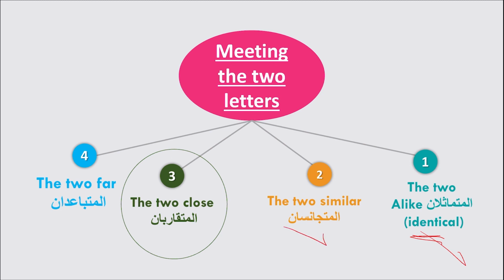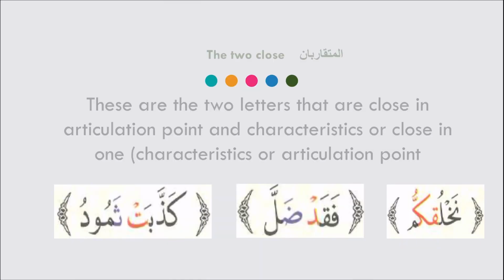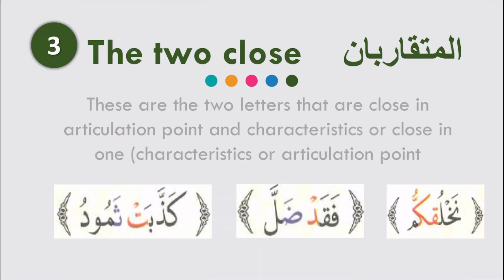And we studied the two similar, which are the two letters that have the same articulation point but differ in some of their characteristics. And today inshallah we're going to study the two close. The two close are the letters that are close in their articulation point and may have one or more characteristics. Okay, so they may have the same characteristics and they may have different characteristics, but the articulation point is so